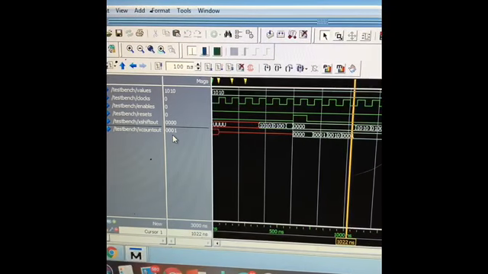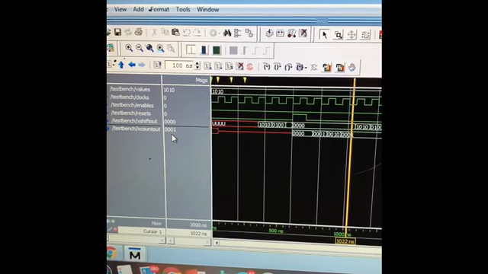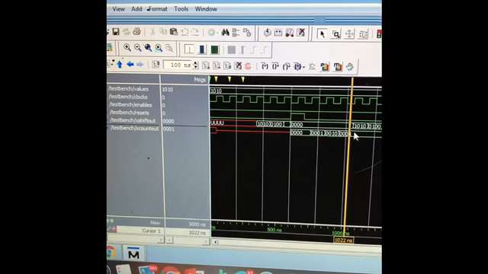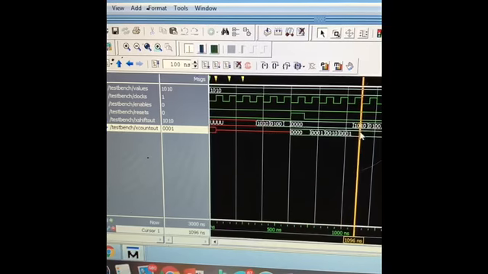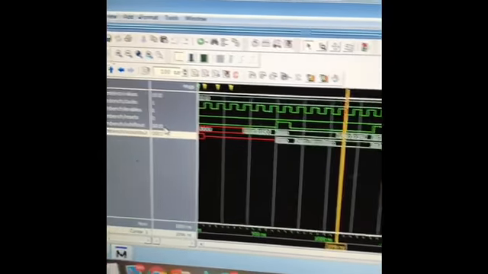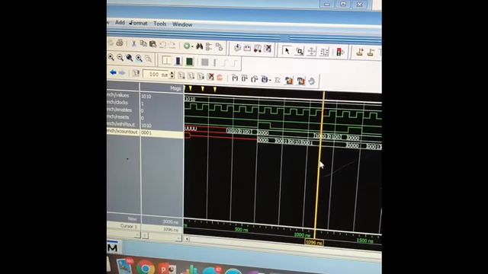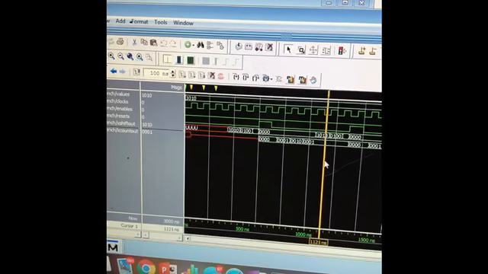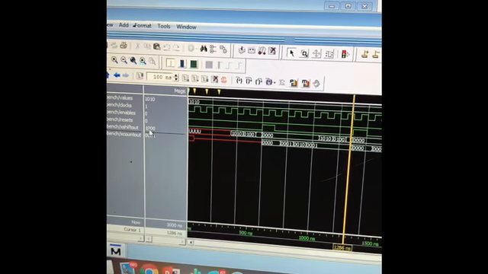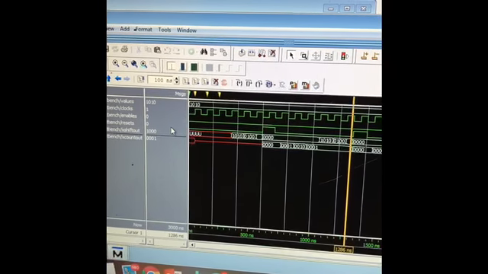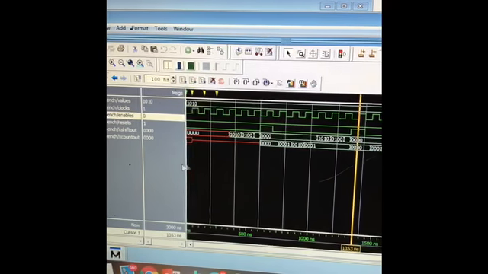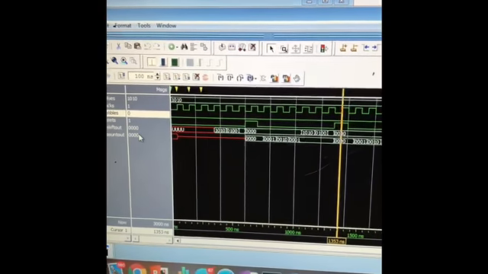Our next thing is for it to load. Once it goes to the next state, then the shift register should show a loading of this value of 1010. So when we move next over, we should get 1010, in which we do. Once it does that, it should make a shift to the left 2 times. And so our first shift, we see there, and then our second shift, we see, and this is what we get. And once we have our second shift, it resets again, and both are reset, and that shows